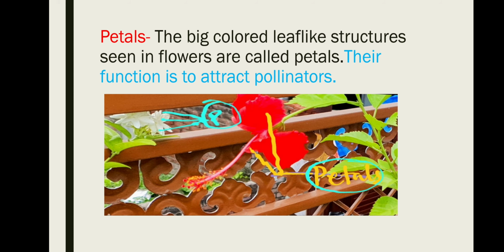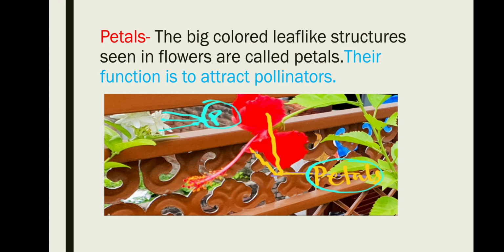The big red colored petals I have shown here with the yellow marking are the petals of hibiscus, that is, the China rose plant. The corolla is the second whorl of the floral leaves that arise inner to the calyx. The individual leaf of the corolla is known as a petal. Petals are generally brightly colored and sometimes fragrant, which makes the flower attractive. Petals usually attract the insect pollinators and help in pollination. The petals and sepals together form the floral envelope.